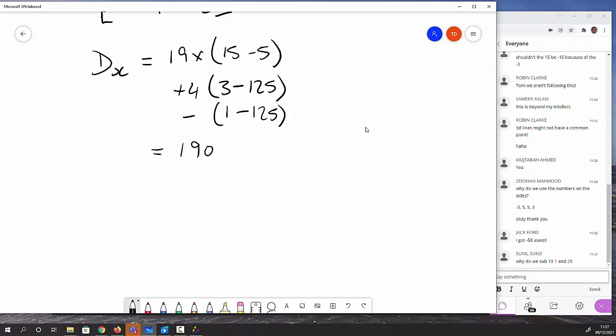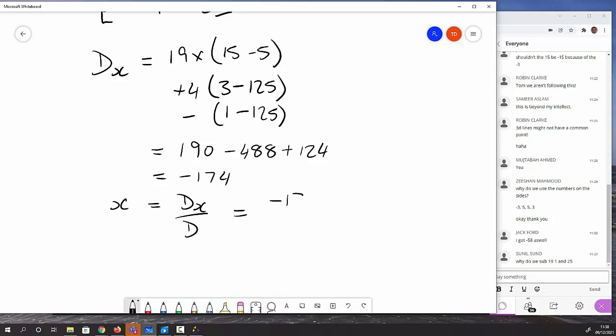125 minus 3, so that's minus 122, times 4 is 122, 244, 488, so that's minus 488. And this is minus 124, and there's a minus outside, so that's plus 124. Okay, 4, so that's minus 174. So what I can now say is that x is equal to dx over d, and that is equal